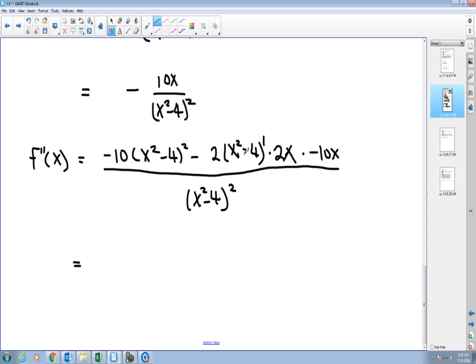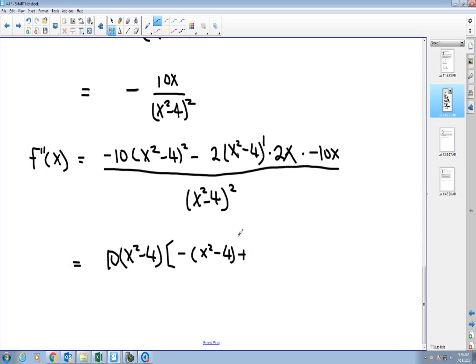So I'm going to factor out x squared minus 4 to the first power. And both terms have 10, so I'm going to factor out a 10. That will leave me with negative x squared minus 4 plus